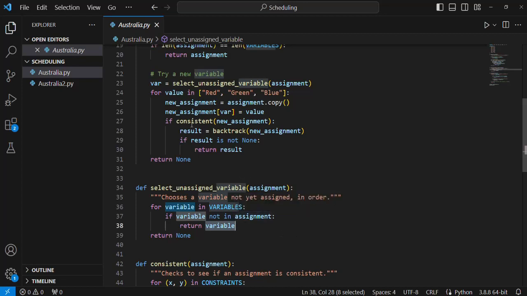Okay, so that is what we have here. We call it var. The next thing is to assign a value to it. So again, we are not considering any heuristic in assigning the values. We're just going to take them in order: red, green, blue. So we are saying for value in these three possible values,